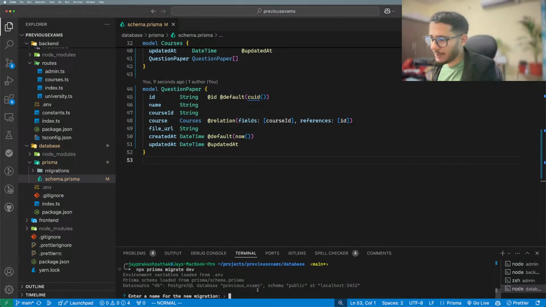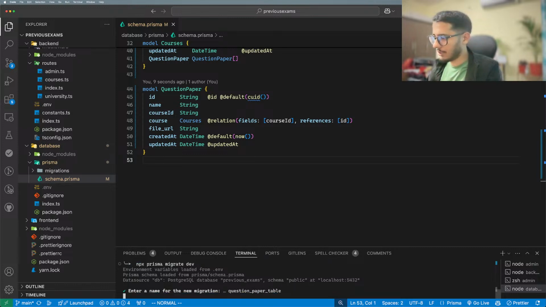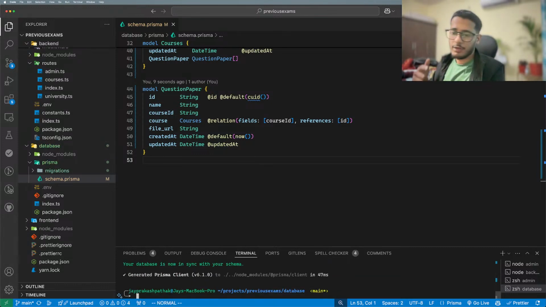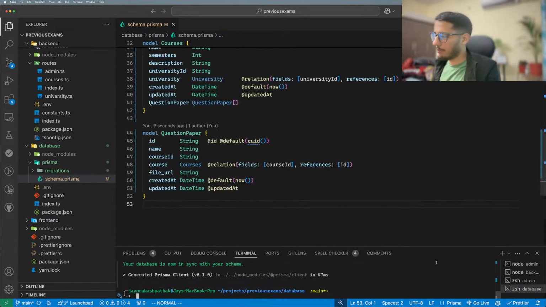Okay, so we'll name our migration. What should we name this? Question paper table. Yeah, yeah. We have the question paper table now, and it has deployed the migration, so we should be good. By the way, now